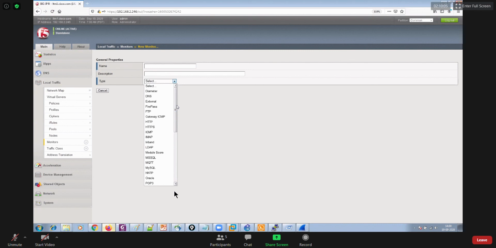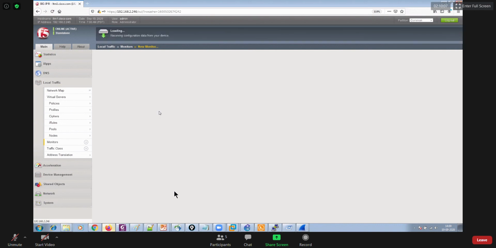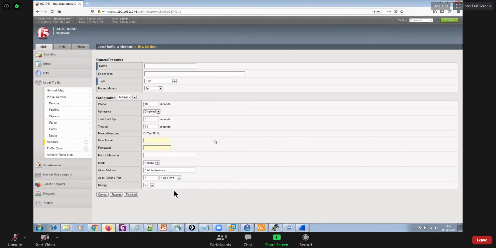So if your pool members are FTP servers, providing FTP services, and you want to verify whether that FTP file does exist on that server or not, because if any user is trying to access some file from the FTP server, it should be available there. So you can specify here the username, password for the FTP server, and the file path name.